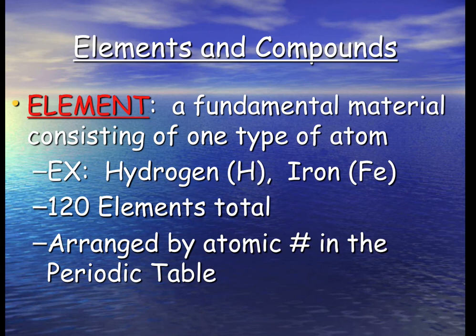There are 120 elements total. There are some elements that are in debate as far as whether they exist or not due to the longevity of them being stable, or if they produced another element in the process. So there are some that are still in debate, but we have seen them and observed them through making them. Our periodic table is arranged by atomic number, or the amount of protons, and we did talk about that a little bit when we talked about the isotopes and ions. So the number of protons is the atomic number.